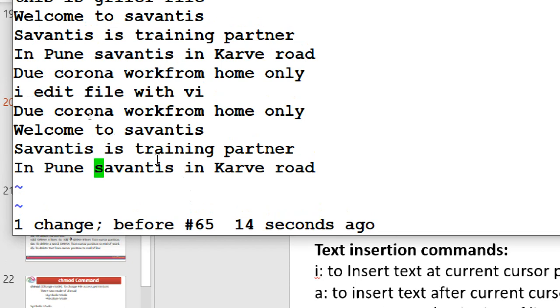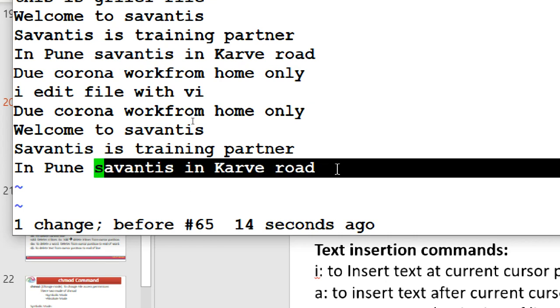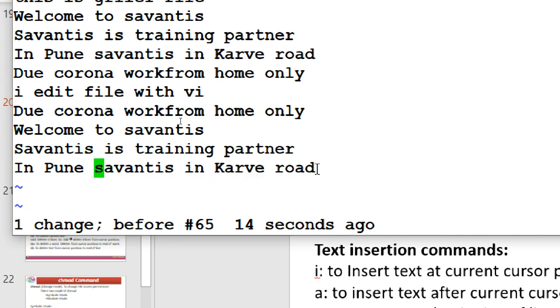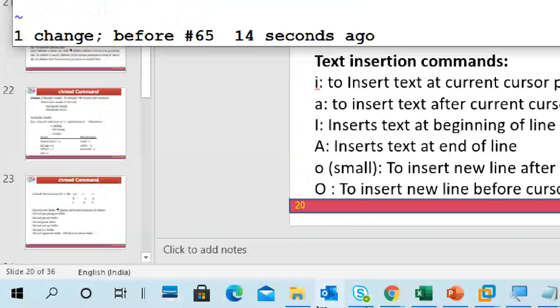Because one more extra letter is there, it occupies this space, and when I press the space bar it is occupying this place. It means it replaces the text. When you type, it replaces only as much as you put, and the remaining is available like that only. So be careful while you are doing replace.